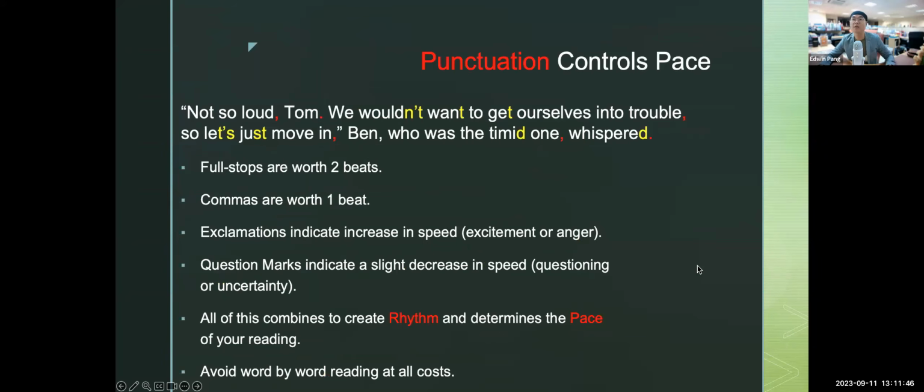So next is punctuation. So we talked about pronunciation. Now we move to punctuation. Remember the rule that I taught you about punctuation, right? Anything with a tail is worth 1. Anything without a tail, that's just a dot by itself, is worth 2 beats. Remember that, everybody? So if you do a full stop, it's going to be. If you do a comma, it's going to be. So if I clap out the sentence, it will sound like, not so